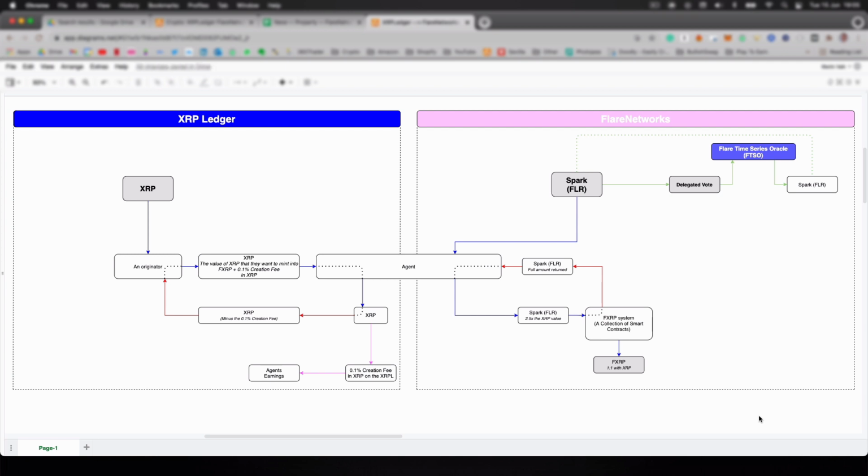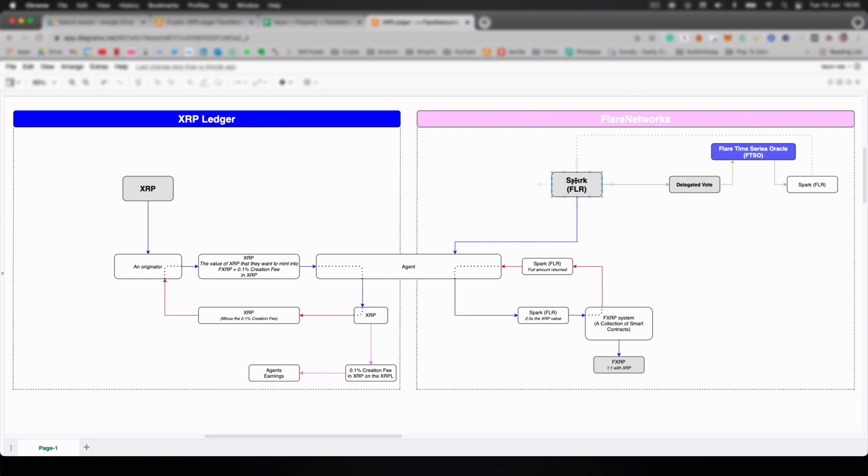So here, basically on the left side you have your XRP on the XRP ledger. If you hold XRP and you would like to use smart contracts, which are on Flare networks, you're called an originator, right? That's just the person on the XRP ledger who has XRP who would like to use smart contracts.